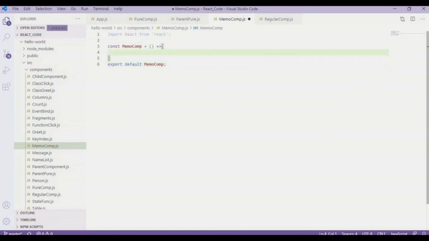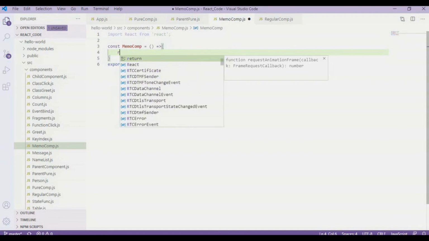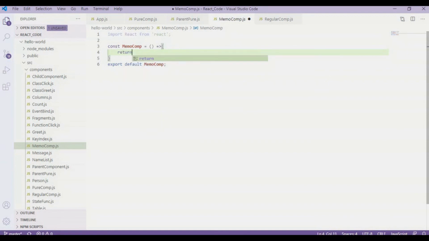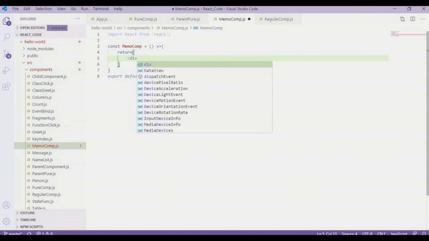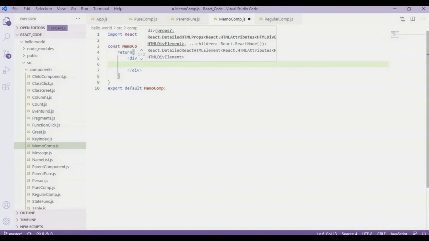Although it looks the same as a regular functional component, there is a difference. I will describe it right after I return a value from here. This time I am going to simply return a div tag, and inside the div tag I am going to have a value like country, like this.